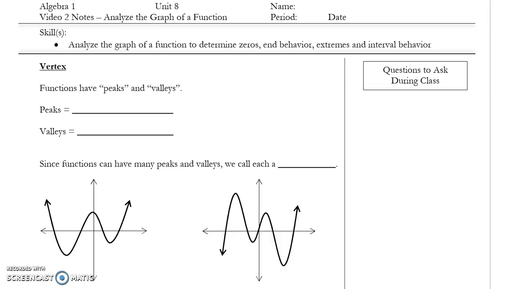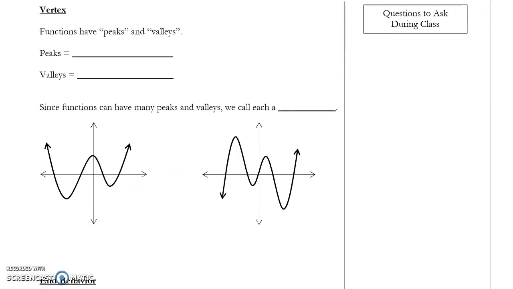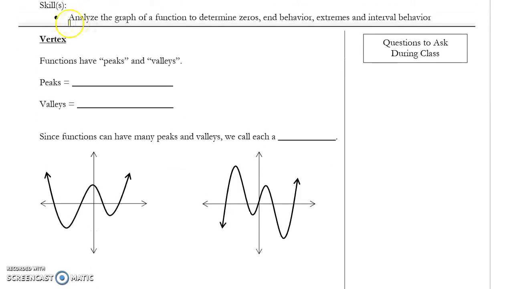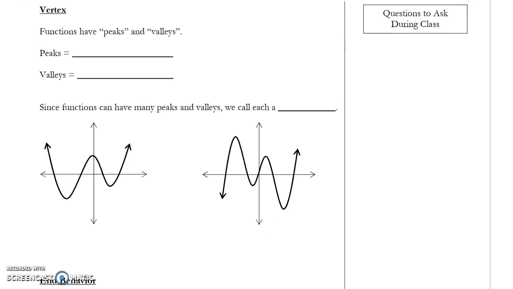To start, let's talk about what a vertex is. A vertex is, as we look at the skill we're learning today, an extreme. It's going to be the very top or the very bottom of the graph, but there's more than one top or bottom. Functions have peaks and valleys. Thinking about mountain ranges, there are multiple peaks, not just one. Sure, there's one that's the highest, and one valley that's the lowest, but there are multiple valleys,